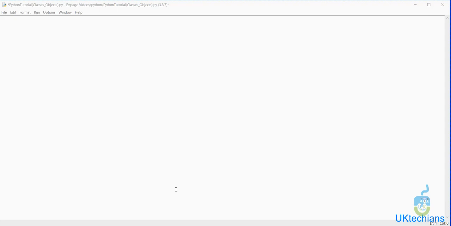How to create a class in Python, and what are the small little things that we have to understand while we are creating a class in Python? We use the keyword class with small letters, and let's say the name of the class is Person, and then a colon. So the class is created. Whenever we create a class in Python, we have to define the purpose of the class.